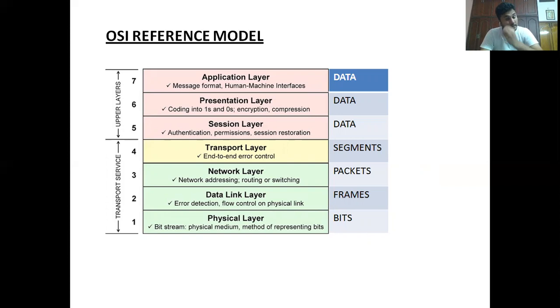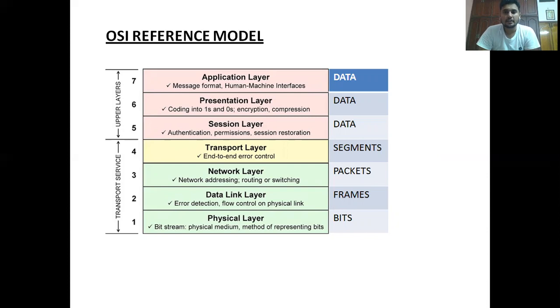Thereafter, the data moves to the data link layer. There in the data link layer, the data is processed, converting the raw bits of data into valid frames. Now the bits are converted into frames in the data link layer. What happens in the data link layer, and what are the different protocols used in it, we will discuss in the second part of unit 2 and unit 3. What happens in the physical layer and how the physical connections are established, we will discuss in unit 2 in the coming video.